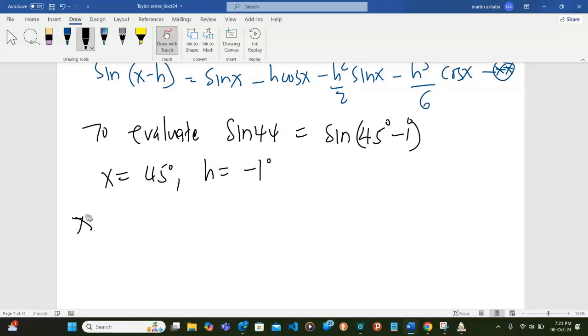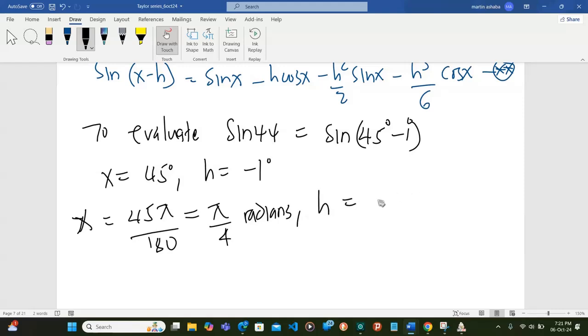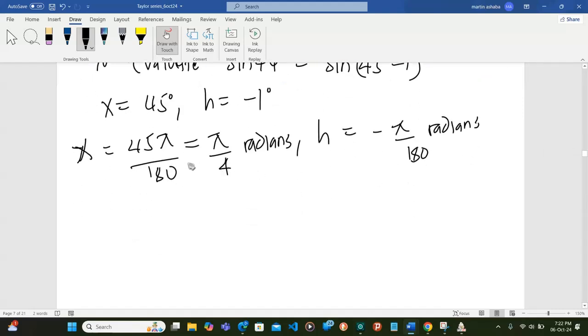So x will equal 45 pi out of 180. So what is this? By 45, 1; by 45, 4. So this becomes pi out of 4 radians. And what is h? h is equal to negative what? 1 degree is equal to pi out of 180 radians. And what does this mean? Our x is pi out of 4,